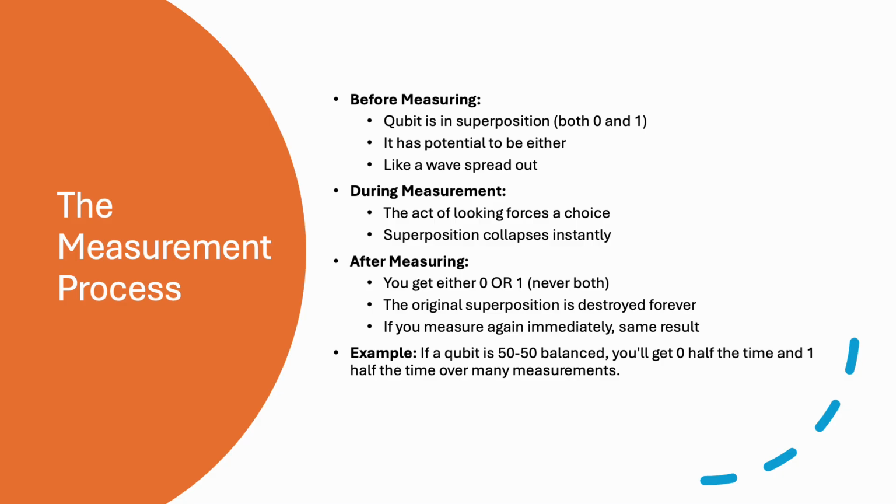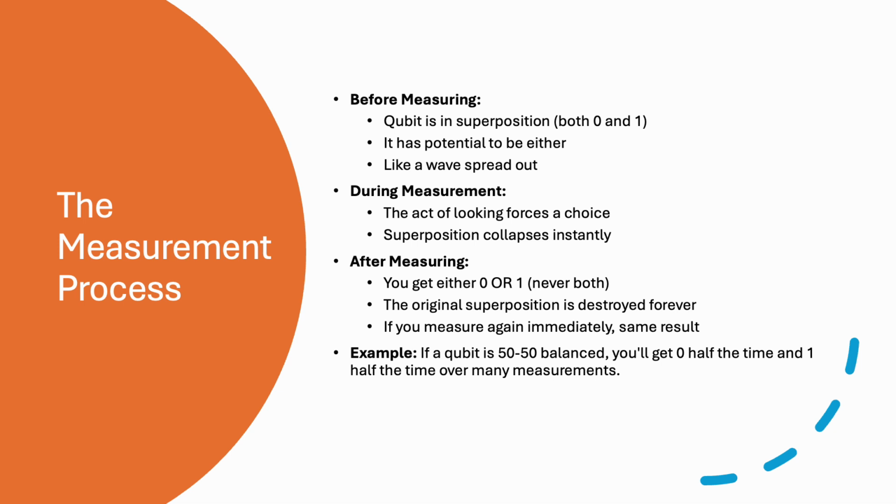What happens when we measure? So in reality, the measurement process. Here's where quantum mechanics gets really strange. The act of measurement fundamentally changes the system. Before you measure a qubit, it exists in superposition, genuinely in multiple states at once. But the moment you measure it, the superposition collapses and the qubit becomes definitely 0 or definitely 1. You never see a qubit in between because the measurement itself forces it to choose. This is not a limitation of your measuring devices, it is a fundamental feature of quantum mechanics.